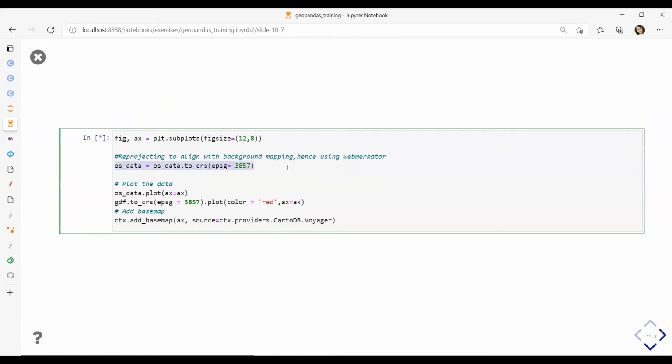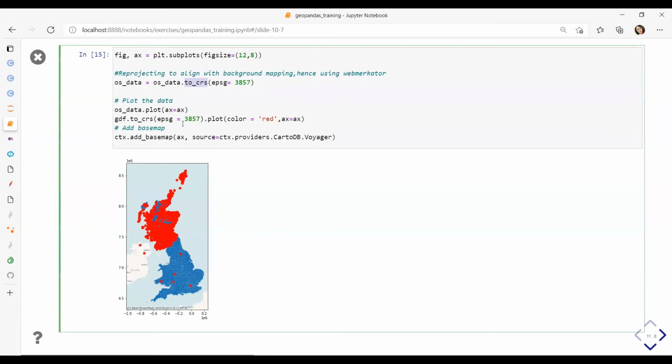On this line, I'm reprojecting my OS data using the command to_crs, specifying the new coordinate reference system. Similarly, on this line, I'm doing the same with my Adzuna data from the geodata frame, and I'm setting the color red so we can clearly see it. And on this line, I'm adding the base map. So now our visualization is better, and the data is aligned.